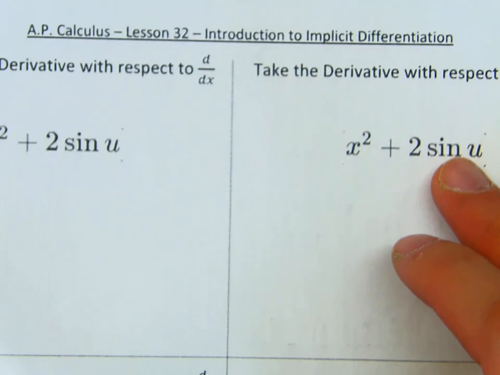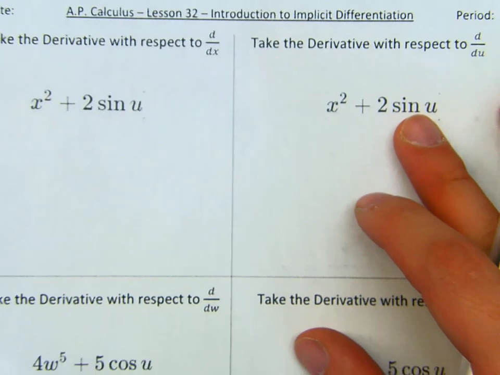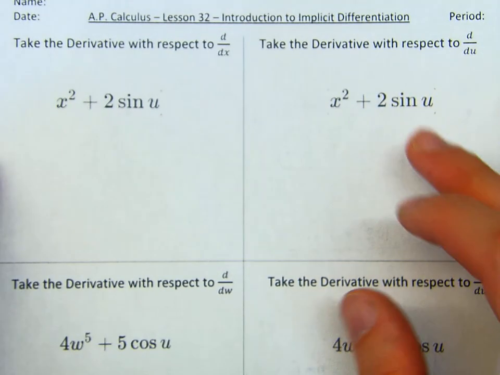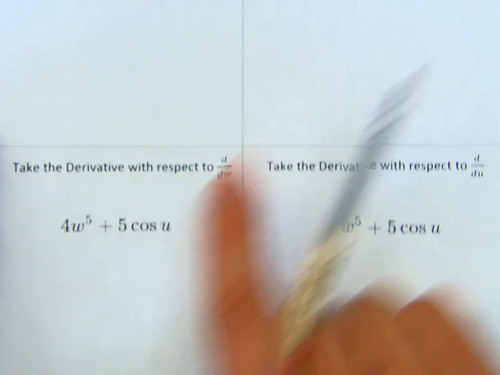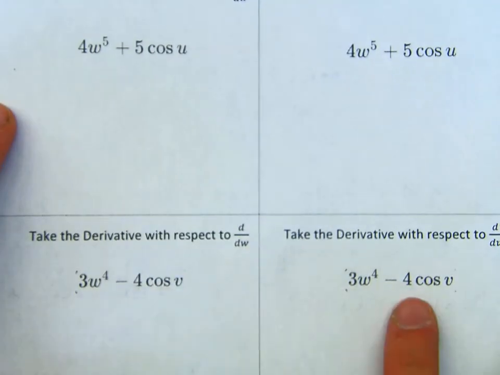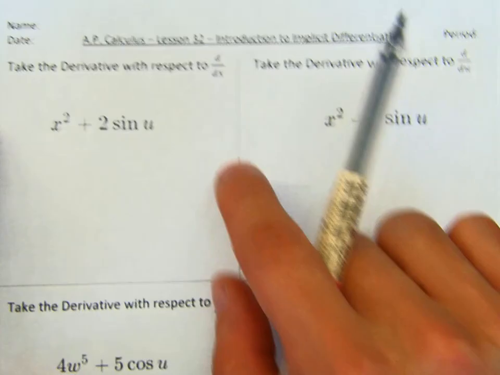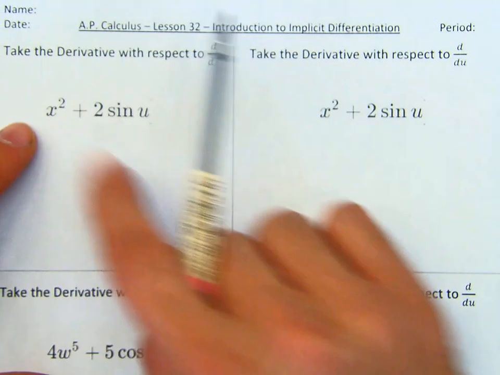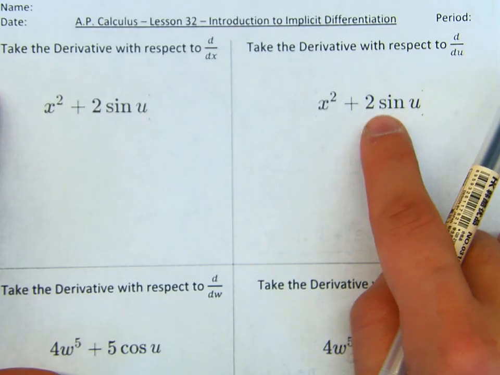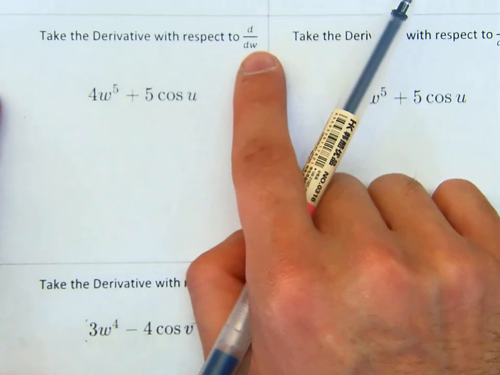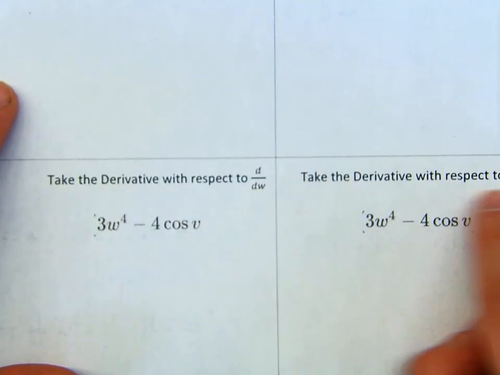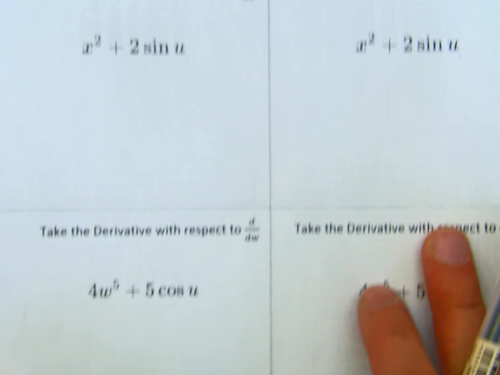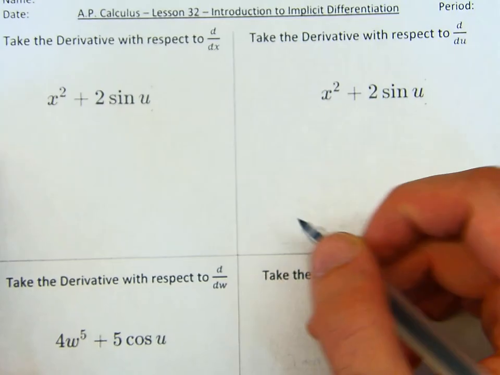What I want you to do on the next page over here is try each one of these questions and notice that they're going to be the same, right? For this one and this one, this one and this one, this one and this one. But the idea is one side you take with respect to x, this one you take with respect to u, this one with respect to w, this one with u, this one with w, this one with v. Okay? So try these on your own, or if you want to see me do it, right? So here,